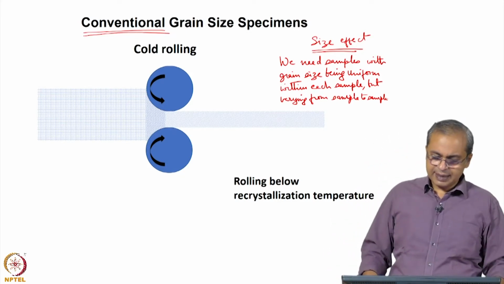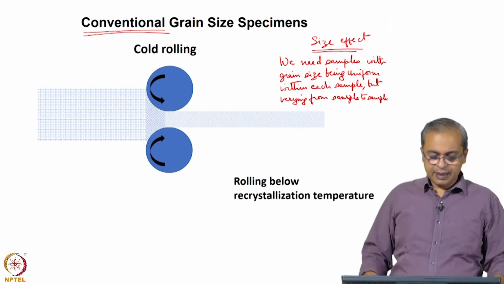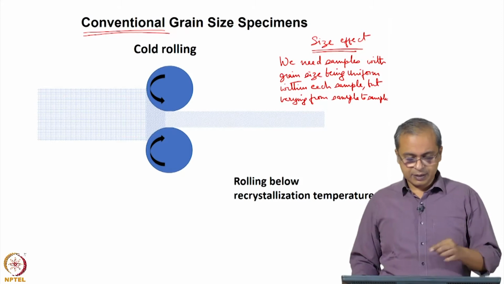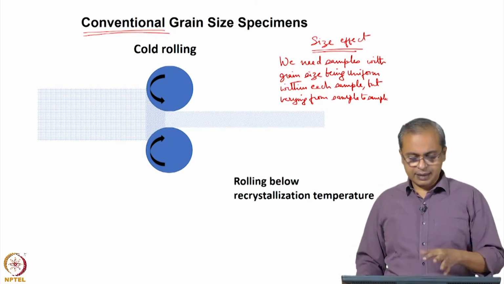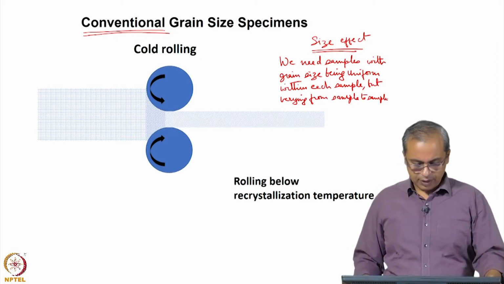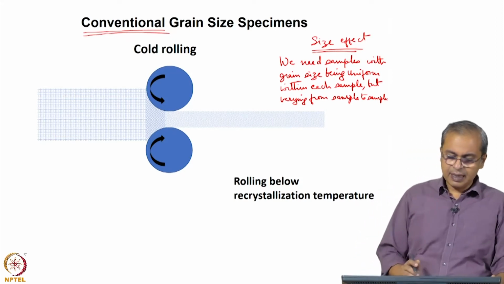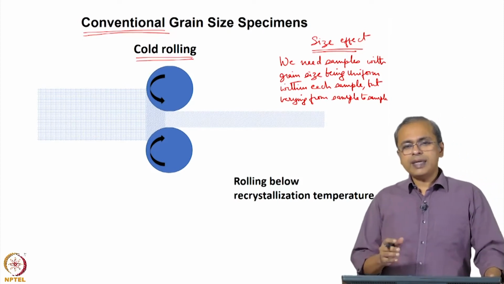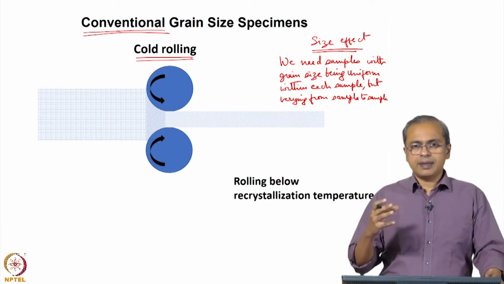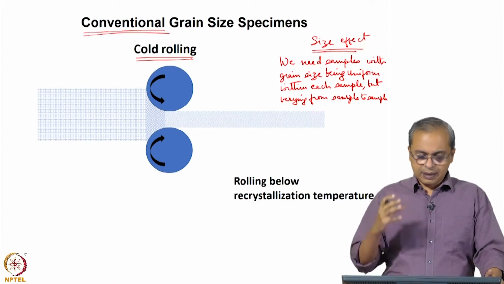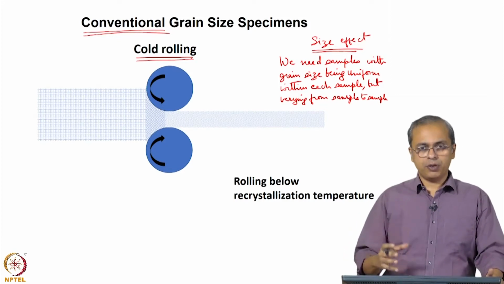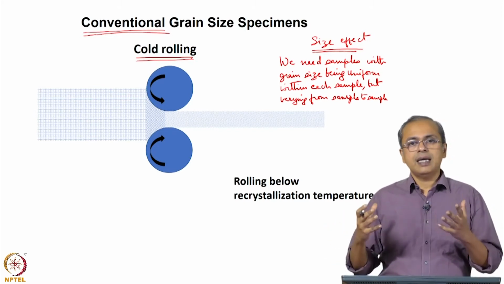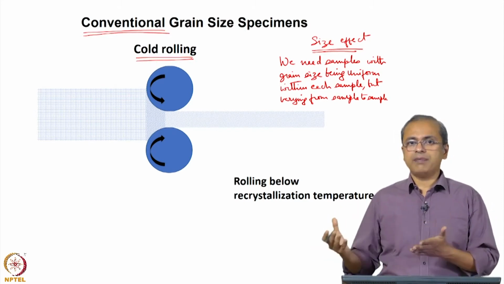So, for conventional grain size samples, given that we are looking at metallic systems in this kind of work, you could look at other conditions, but metallic systems is what we are interested in this case. Cold rolling is a good way of going about it. So, rolling is actually a very conventional metal forming process that exists in the metallurgical studies, and it also is used extensively in the manufacturing